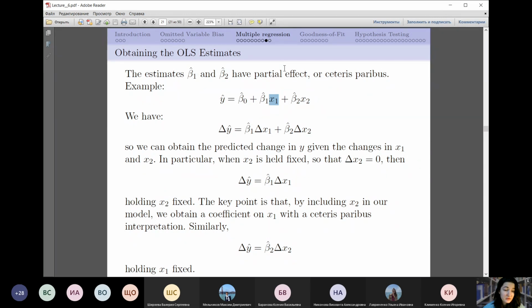Any questions? Guys? Georgi, yes. It means that it's clear. Okay. Thank you, Georgi. I hope that for other students it's clear too. But maybe